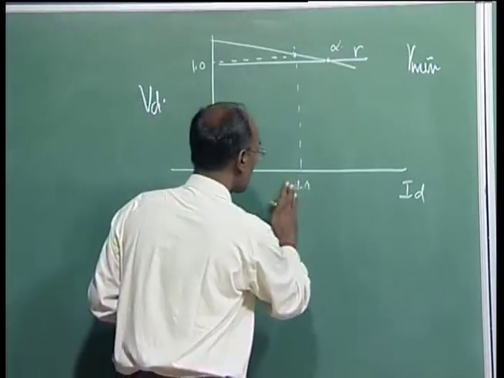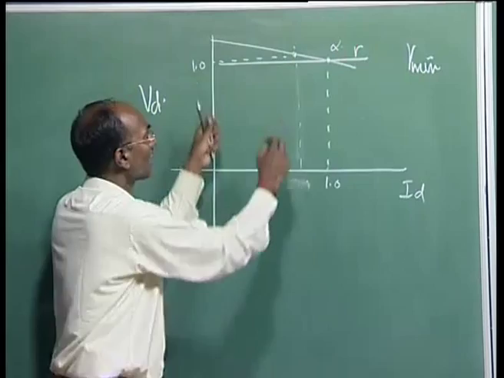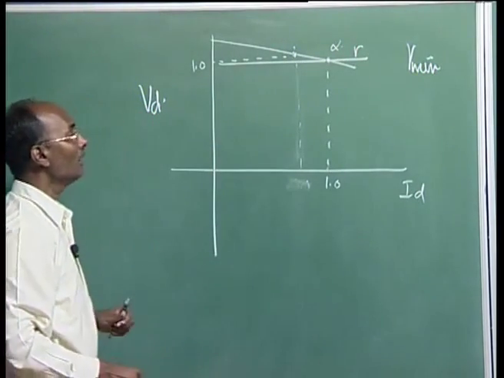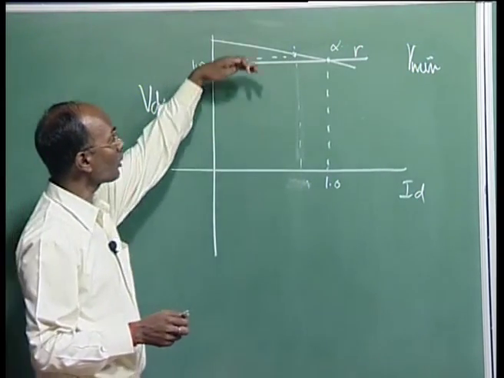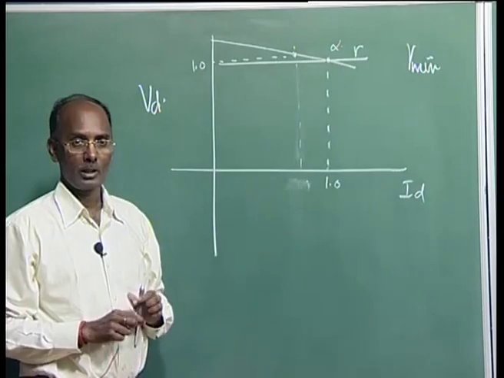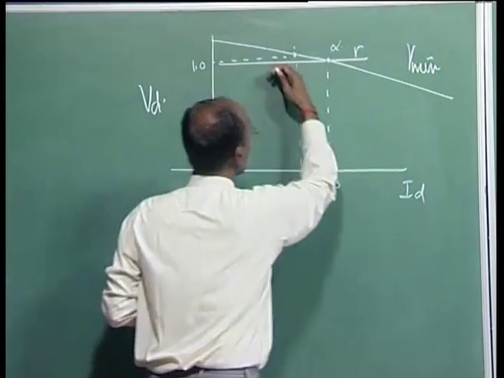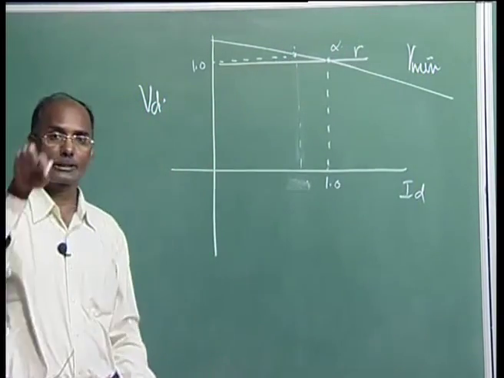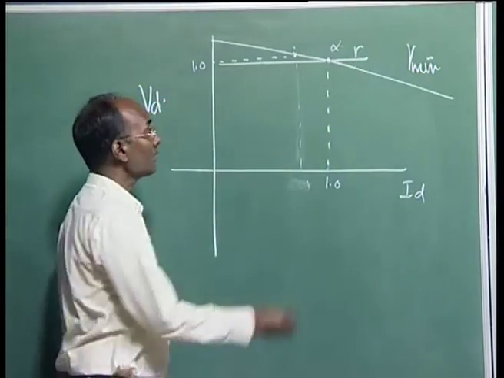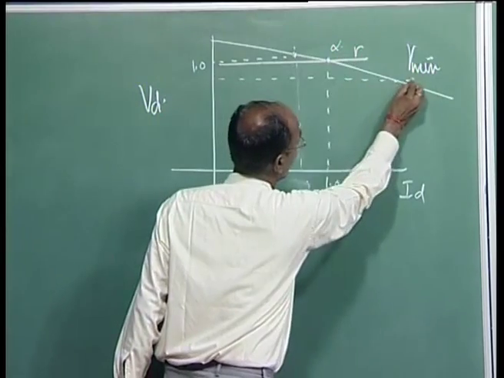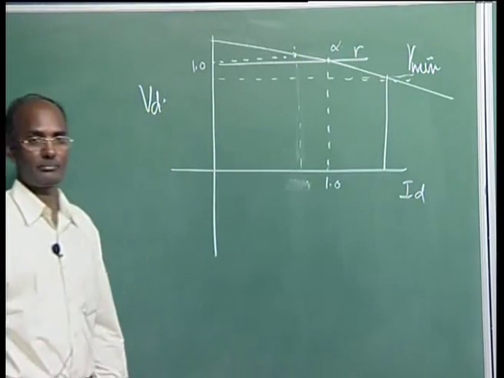Now in this case, let's suppose this is the characteristic. So we can take this as your ID 1 per unit here. Hardly matters, you can have a slope, it's no problem. Now I want to establish, if this side voltage has gone down, what will happen? Let us draw this characteristic here. Let's suppose the inverter side voltage has dropped down. What will happen? This is operating at alpha minimum. This characteristic will have some value parallel to this one characteristic. Now your ID will be this value.